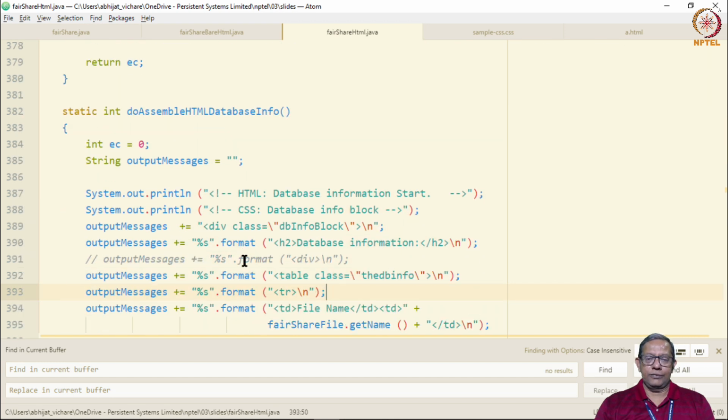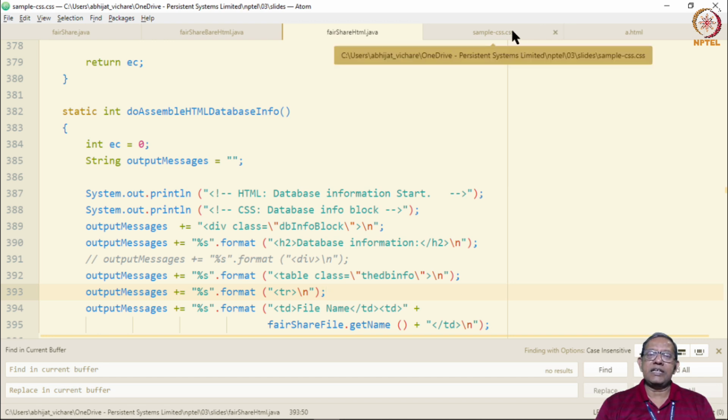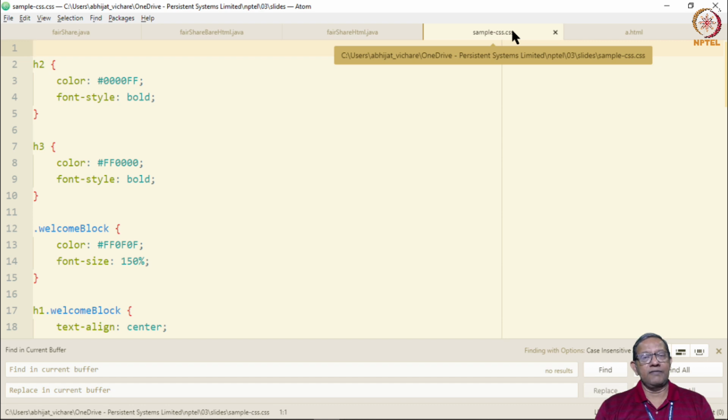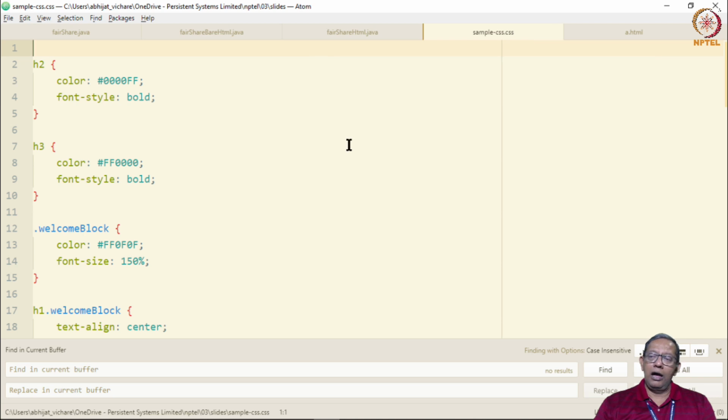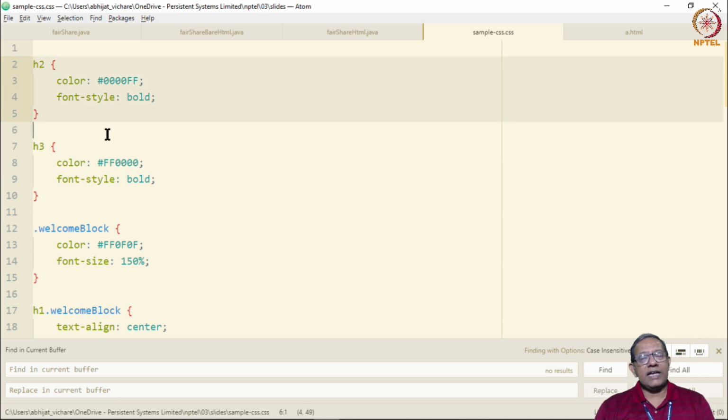And this idea continues. Let's have a look at the sample CSS code as a final part of the entire story. Here is a sample piece of cascading style sheet which describes the style for the H2 element of HTML. What does the style say? The style says that the color should be whatever this number is.